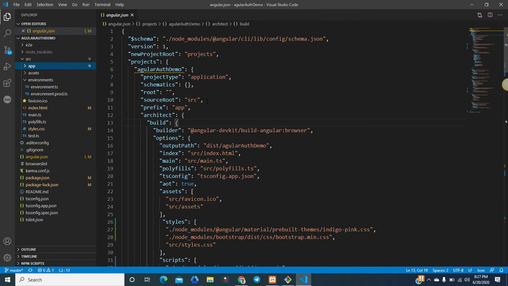In case you want to change this src folder to a different one, you also need to change it in the angular.json, because as I said, angular.json holds the workspace settings and configuration. So if you want to change the folder structure or folder name, you can manage all this. And for the index page, you can see that src index.html is the main file.